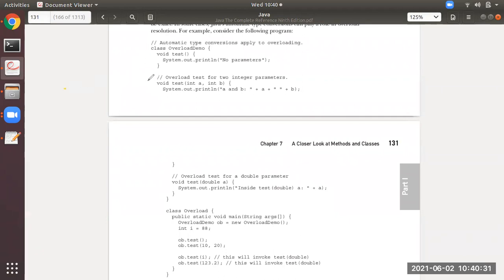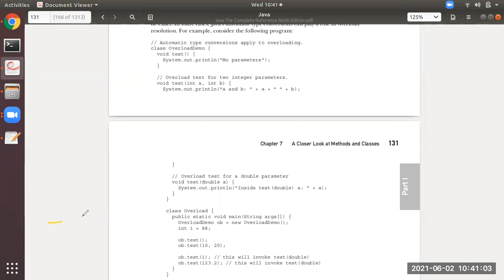This is again a method test with 2 parameters. This is again a method test with 1 parameter. Okay, now the difference you have to observe is, please see here.